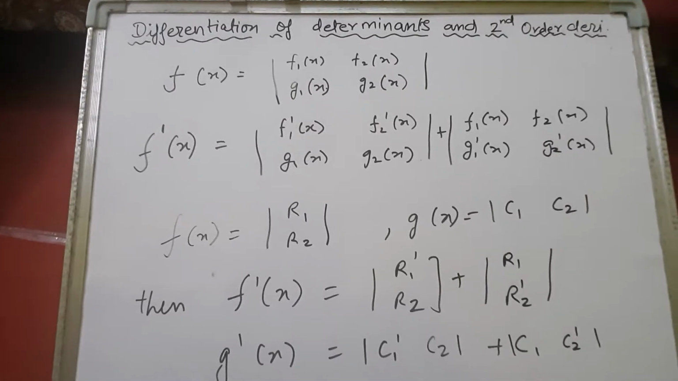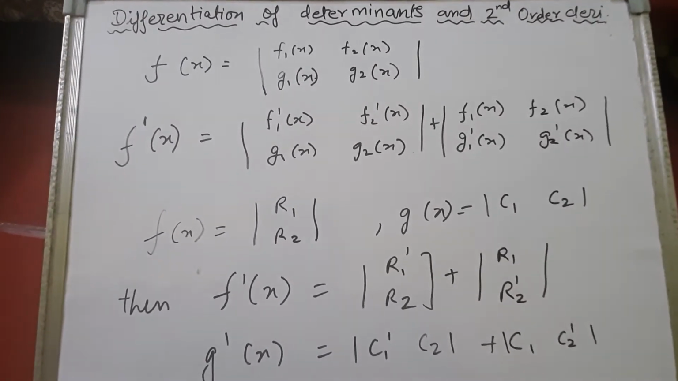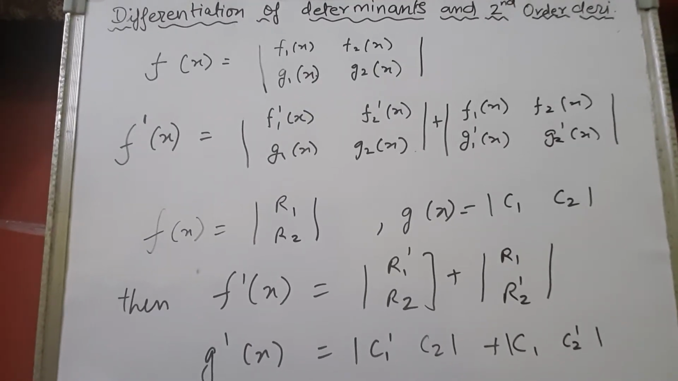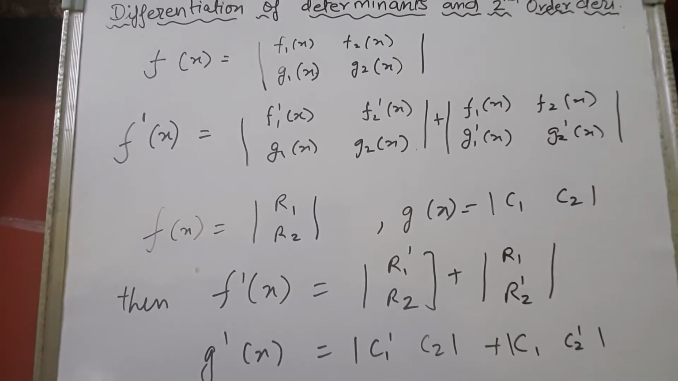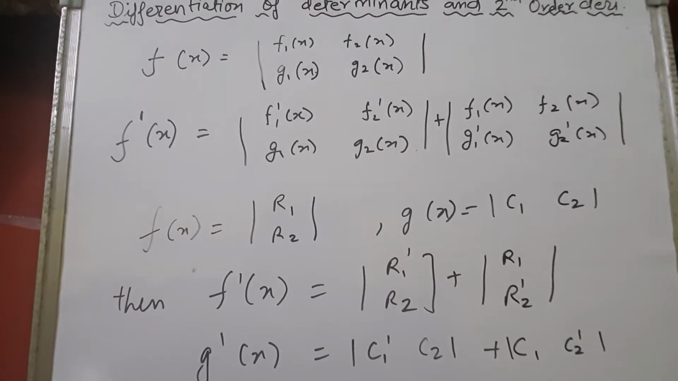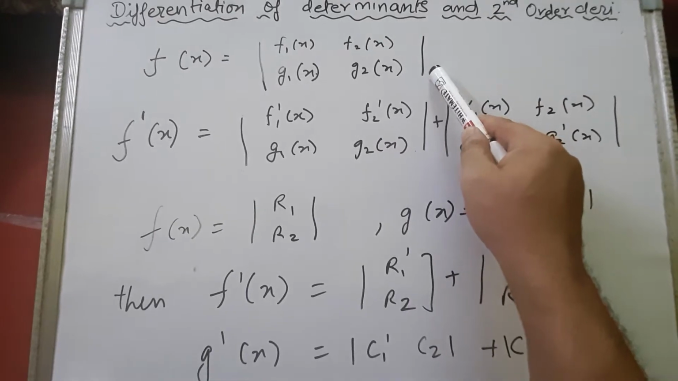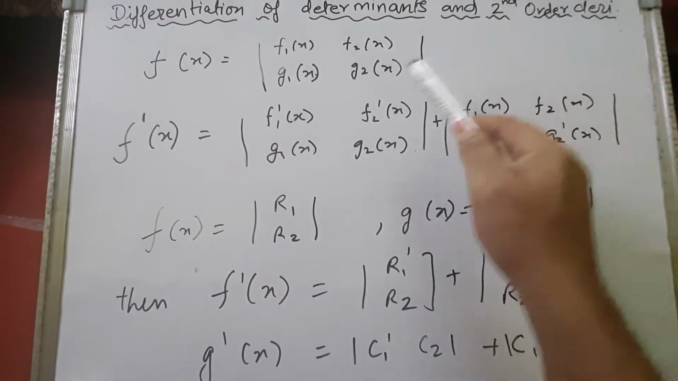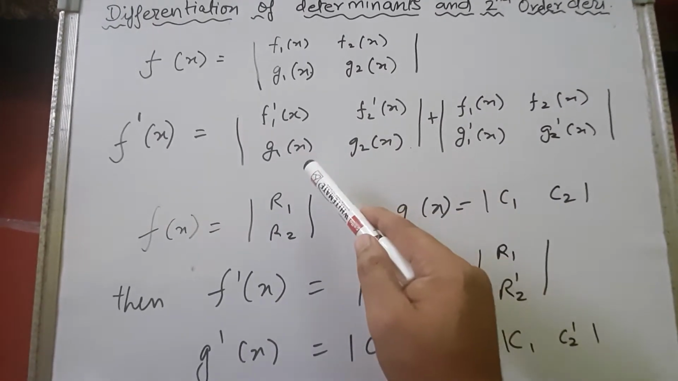Children, today we are going to discuss the differentiation of determinant and second order derivative. Let's see how to differentiate a determinant. Suppose any determinant is given as f(x) equals, in the first row f1(x), f2(x), and in the second row g1(x), g2(x). Whenever we differentiate any determinant, remember children, we first differentiate the first row and then the rest of the rows